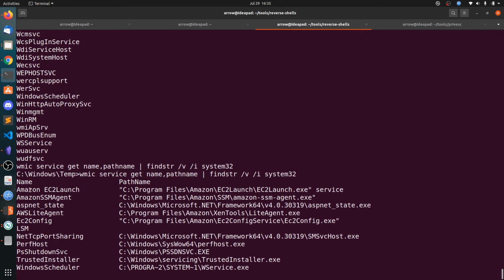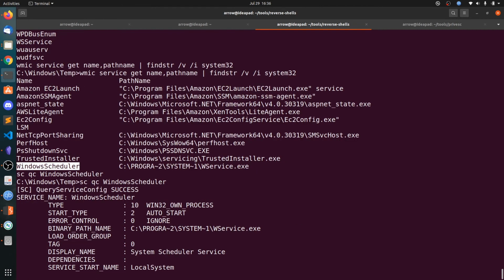Now you can see, so they are using AWS to host this VM, and this is some abnormal service, that is the Windows scheduler.